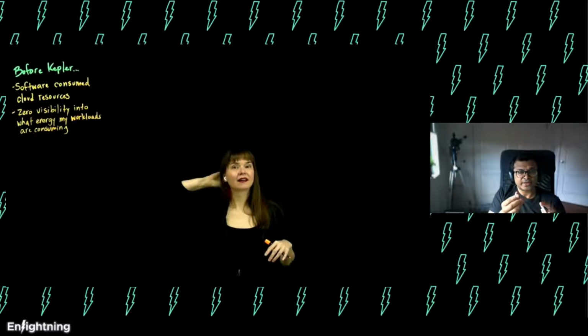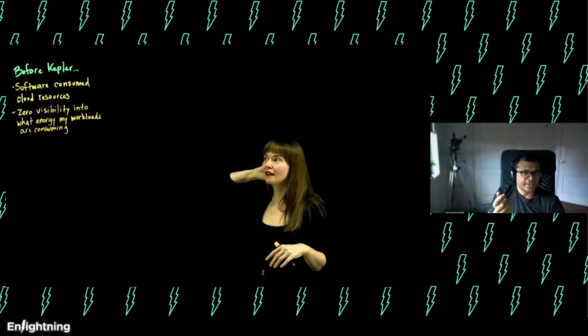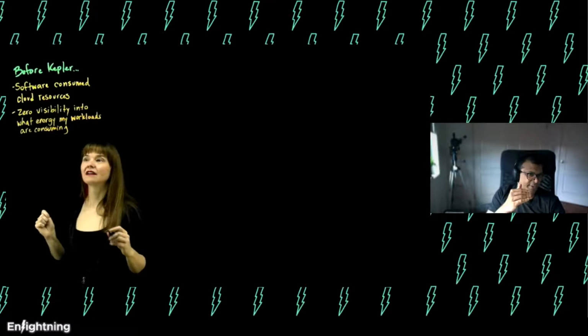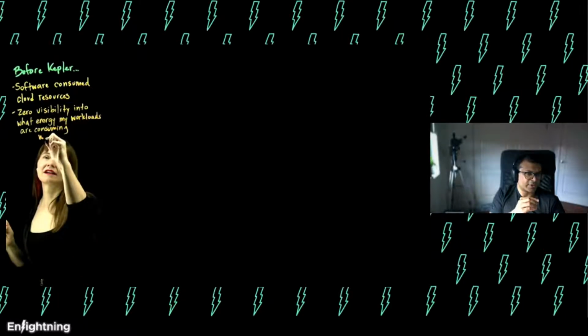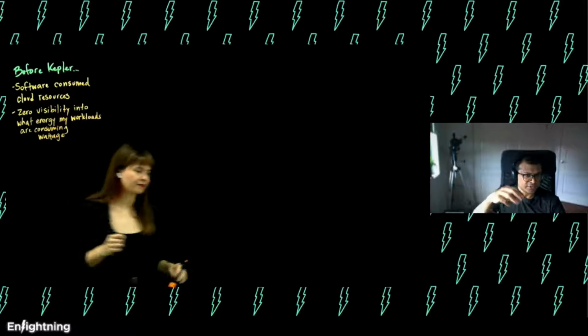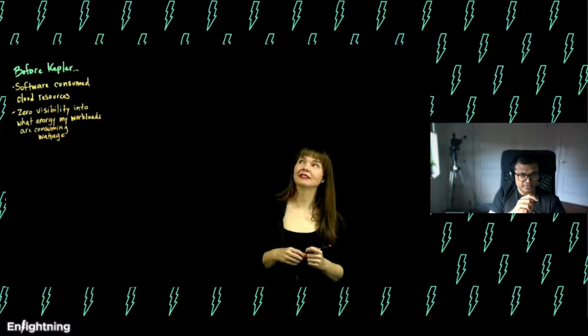How do you convert that into the watts that you consume? That's where Kepler comes in, to keep a tab on every process that gets scheduled onto a machine and measure how much time it's consuming in the CPU,